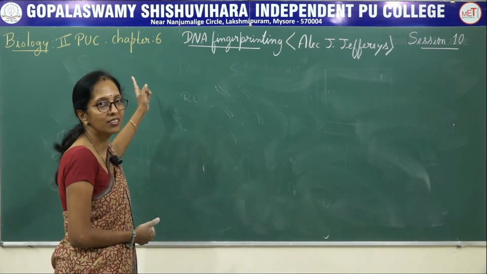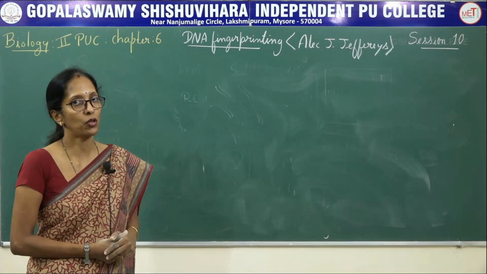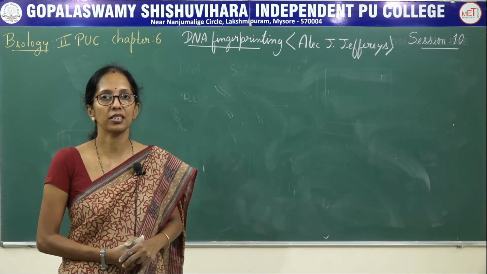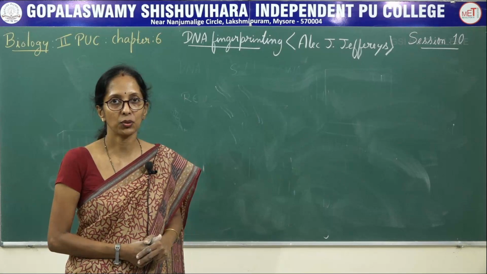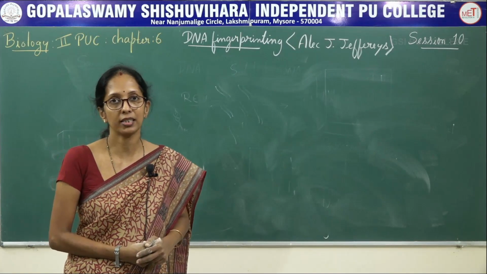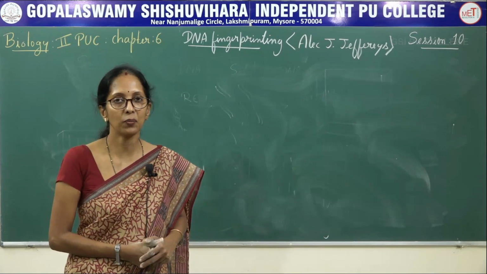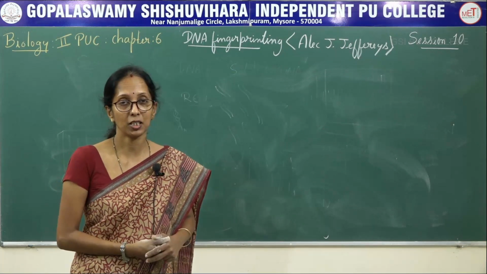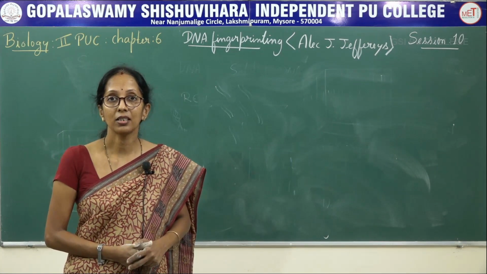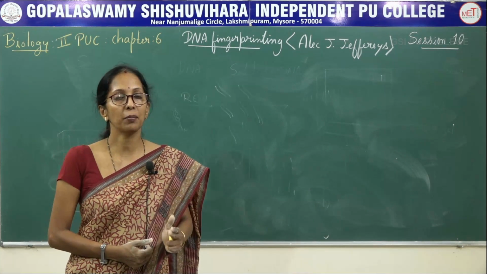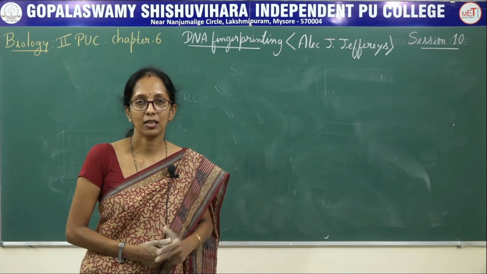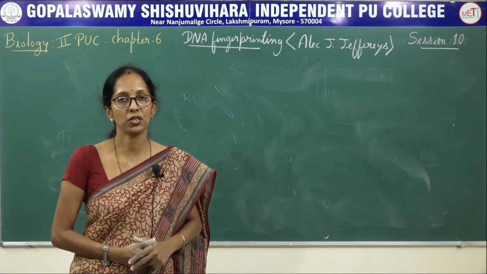So I completed chapter number 6, starting from the DNA. What is meant by DNA? What are all the components present in DNA? And how do these components assemble together to form a nucleotide, and how are these nucleotides arranged to form an elongated structure, that is nothing but the structure of DNA, the Watson and Crick model, and how replication takes place. One of the important methods is said to be the semi-conservative method of replication, and I hope you understood the experiment to prove that replication is semi-conservative, and then you studied the transduction experiment, the transformation experiment,